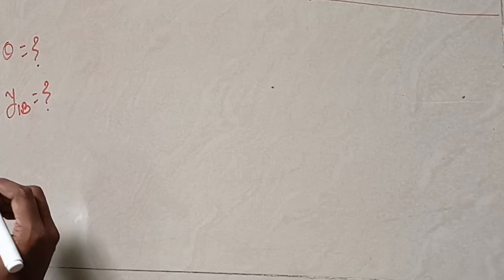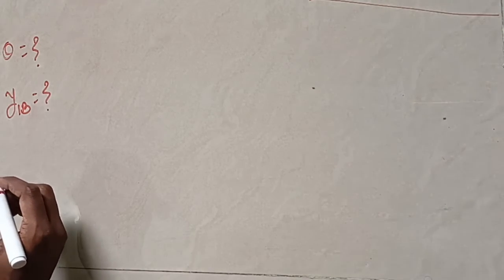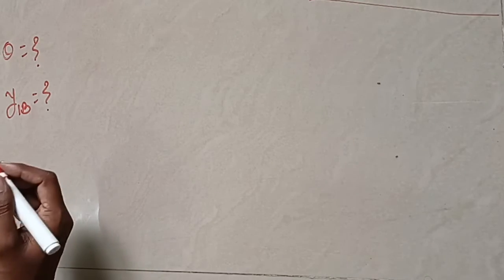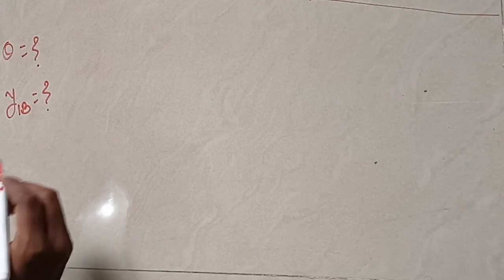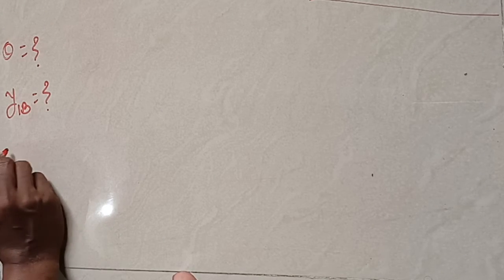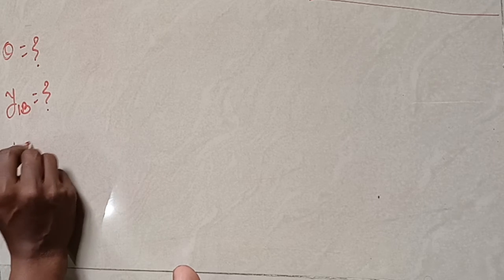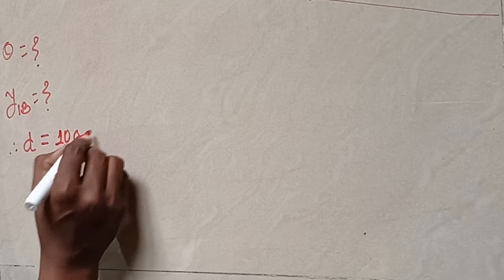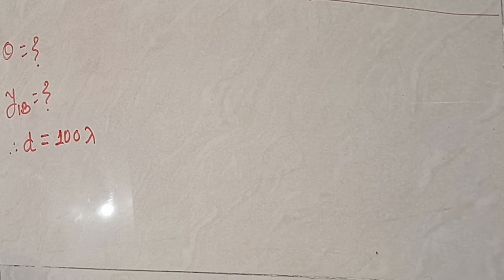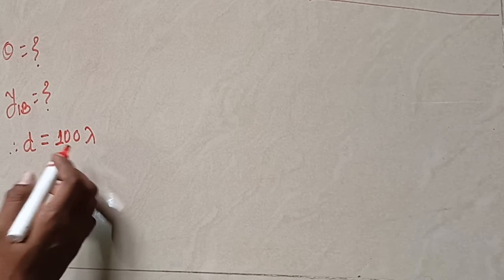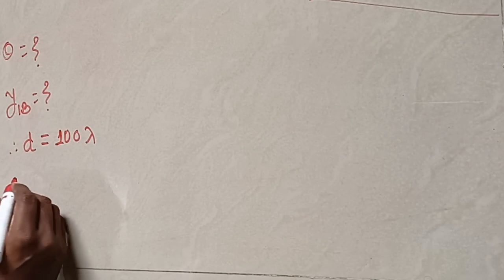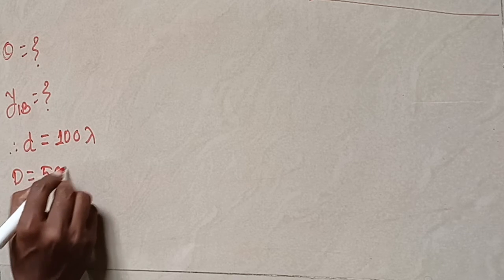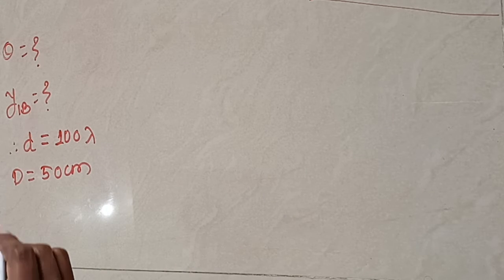The given condition in this problem number 16 is the slits are separated by a distance which is equal to 100 times the wavelength of light passing through the slits. That means suppose the separation is denoted by d and the wavelength is denoted by lambda, so d is 100 times lambda. Therefore d is equal to 100 lambda. Okay, this is the first given. And the screen is at a distance D equal to 50 centimeter. These are the given.